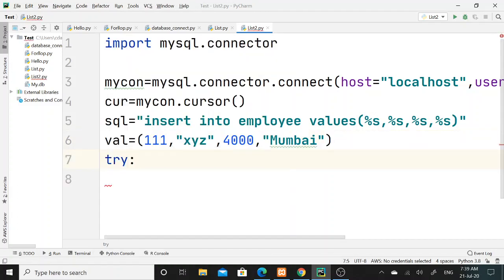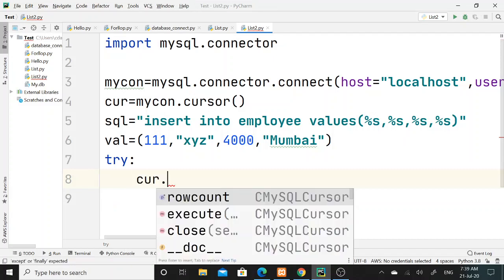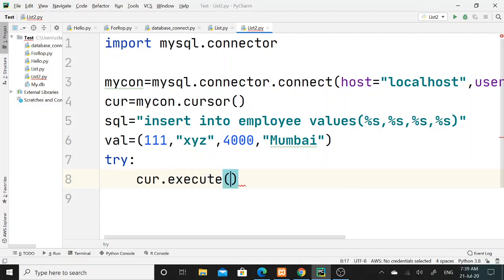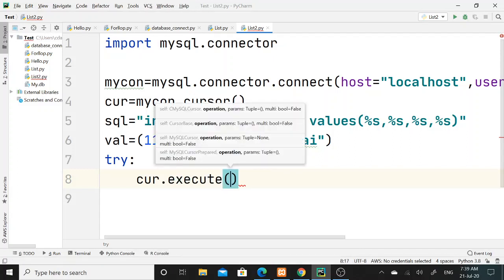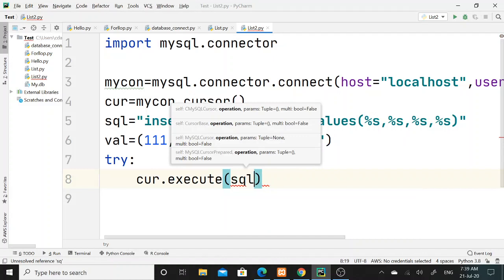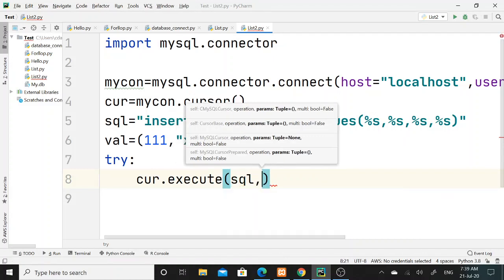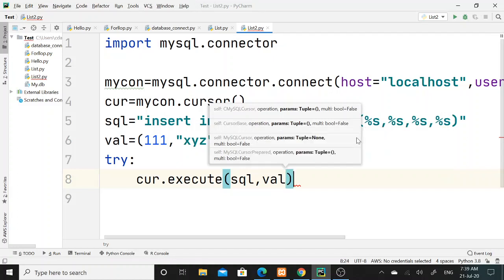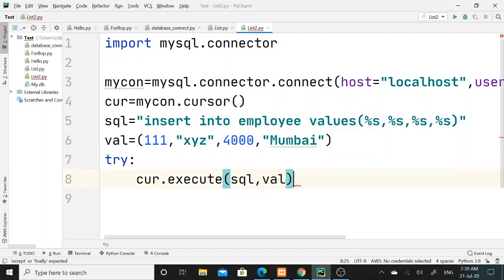Then here in the try block, with the help of the cursor variable, I will call the execute function. In this execute function I will pass 2 arguments. My first argument is my SQL query, which I have assigned in the SQL variable, and my second argument is the val variable, where with the help of a tuple I have assigned the values that I want to insert into the employee table.